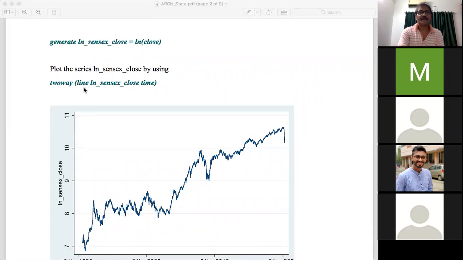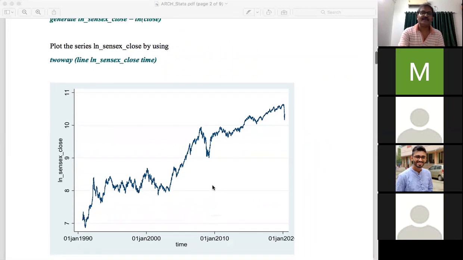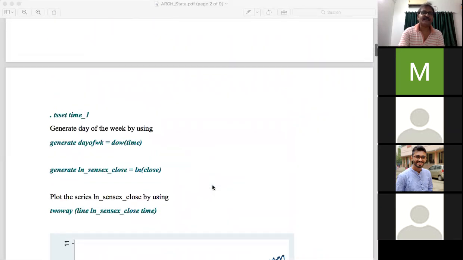Okay, you are familiar with the command tsline. tsline means time series line. So we are not using tsline here. Why? If you put tsline, you will get a similar curve. But in that case, the horizontal axis provides the time variable you have set. What is the time variable you have set?